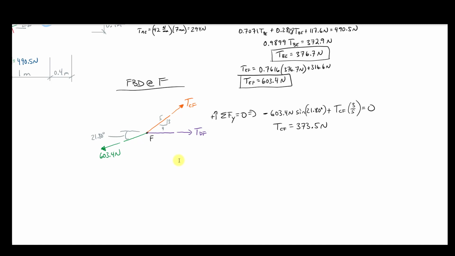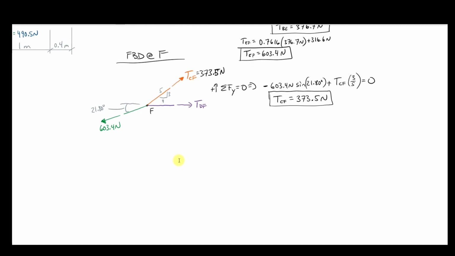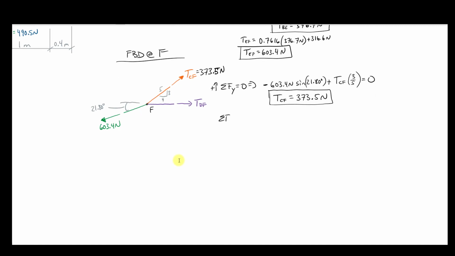373.5 newtons, I believe. Let me double check that. Yes, 373.5 newtons. Again, in tension, I can come here, 373.5 newtons. Finally, I can say sum of forces in the x equal to 0, to the right positive, because why not? I then have, starting over here at the left,